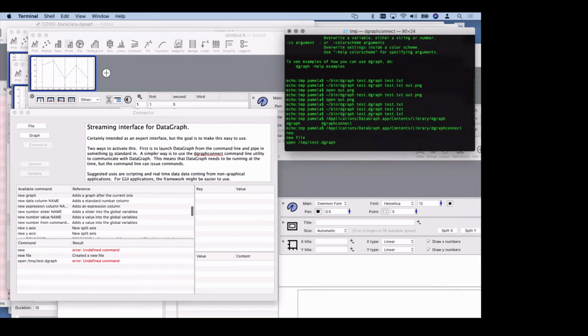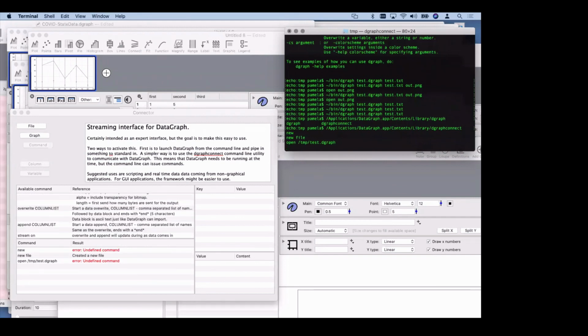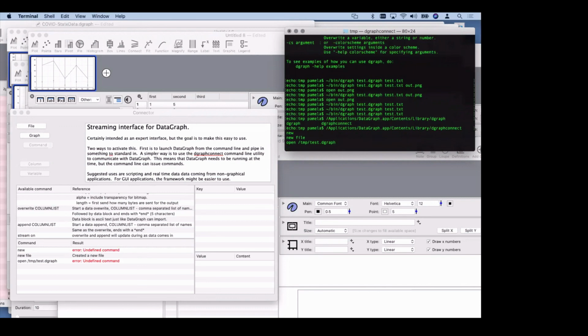So you can set up, if you want to pipe, because in the Python bindings, or the Python way of calling it, it's the shell script, you have to have prepared all the files and saved them into a file on disk to be able to then open it up as you would do in the terminal. If you want to do it more dynamically and have more control over it, the dgraphconnect is a live hook into